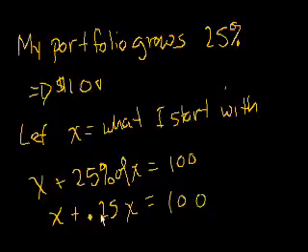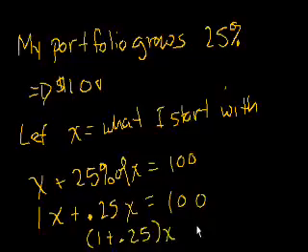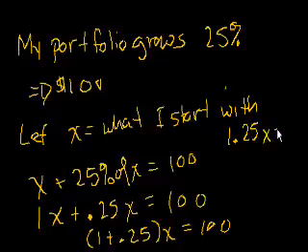And now actually we have a level, actually this might be a level 3 linear equation. But the bottom line, we could just add the coefficients on the x. So here x is the same thing as 1x, right? So 1x plus 0.25x, well that's just the same thing as 1 plus 0.25 times x. We're just doing the distributive property in reverse. Equals 100. And what's 1 plus 0.25? It's easy. It's 1.25. So you say 1.25x is equal to